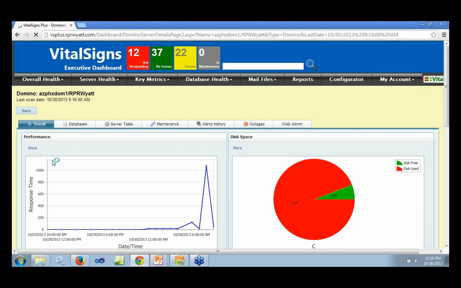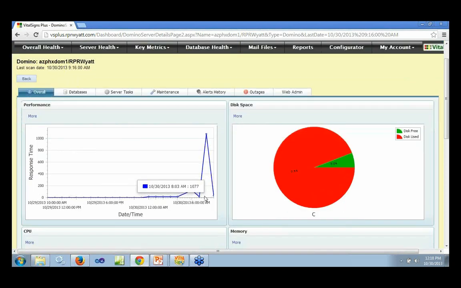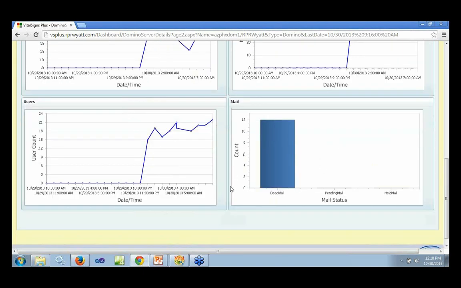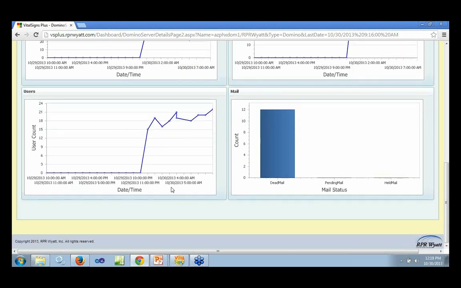more details about how this server is doing. So I can see how my performance is in terms of response time over the day. You can see it was in a scheduled maintenance period over the nighttime. Here's how it's doing on disk space. Here's how the CPU is doing. Here's how the memory is doing. Here's its current status of dead mail, pending mail, and held mail. And here's the user count, which you can also see began to jump as we got into the working hours